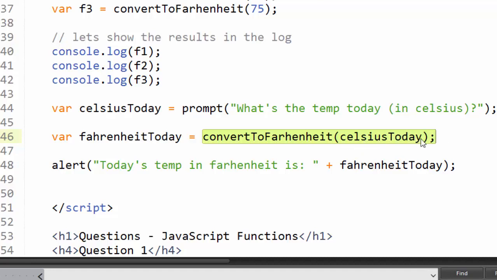So this function takes a parameter and converts it from Celsius to Fahrenheit. So now I can literally convert any Celsius temperature I want, and I can let the user decide what Celsius they want to convert into Fahrenheit, because we're letting the user supply the value for the Celsius today. Okay, so then once we've converted the Celsius to Fahrenheit, it gets stored in this variable, and then the last